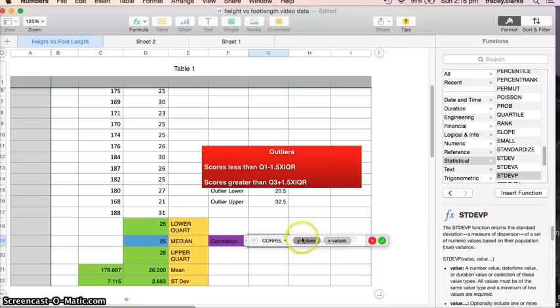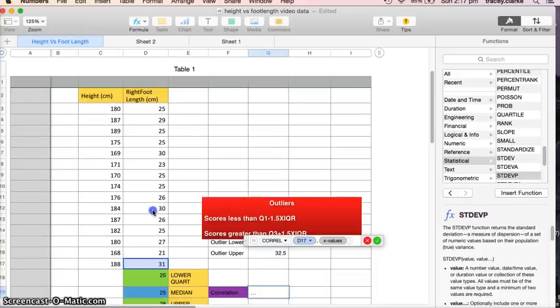If I hit return, now you need to be very careful here. These go in the reverse order. It wants the Y values put in first and then the X values. My Y values was this column here, the arm span. So I'm going to drag and drop again from D17 all the way up to D3, and then when I click into Y, I'm going to drag, and I have to do it in the same order. You must go from the bottom to the top for both of them, or from the top to the bottom. So I'm going to drag up from the bottom up just because it's easier to do it that way,